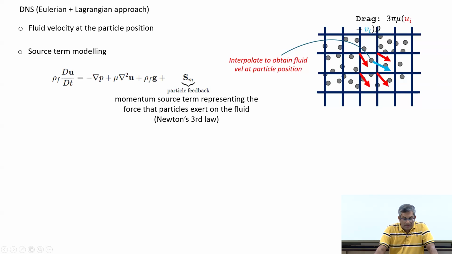But now the question is, how will you introduce this effect? So, you have the force defined at the particle position, right? But your fluid velocity are defined here. So, this means that you need to